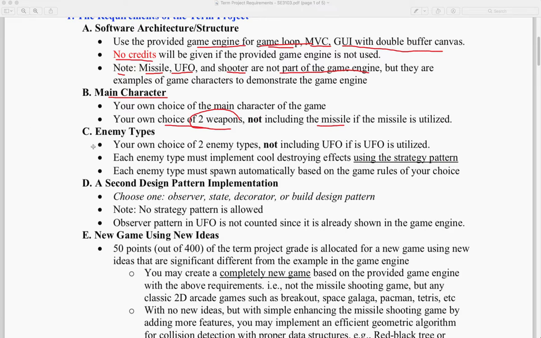And then enemy types. Here in the example, I have added a very simple UFO, but in your game, just add your own choice of two additional enemy types. You may use the UFO as is as a part of your game, but in that case, do not count the UFO as two enemy types. What I mean is types, not just objects. So if you have two UFOs, that's just one type. That's not two types. So you should have two different types of enemies,